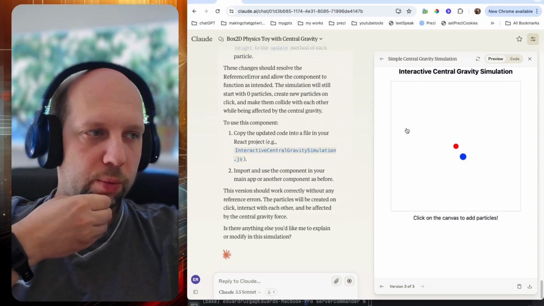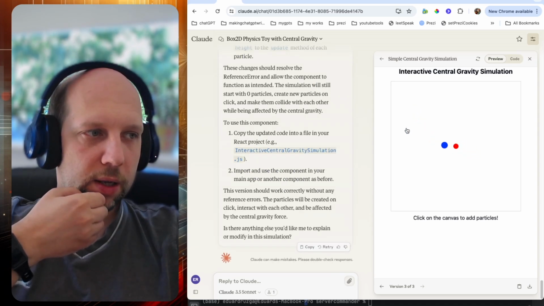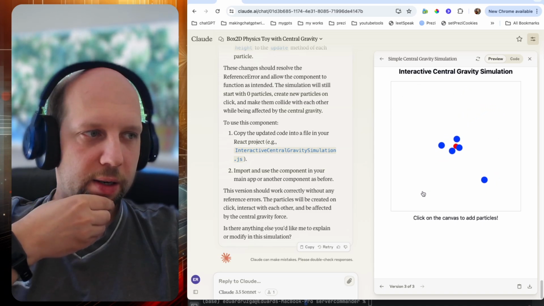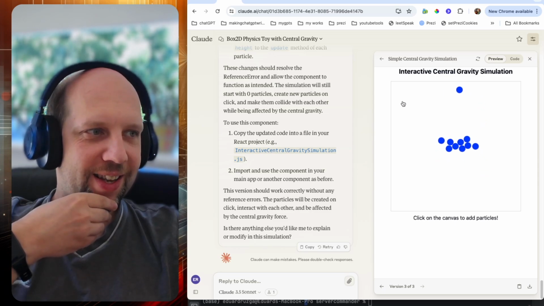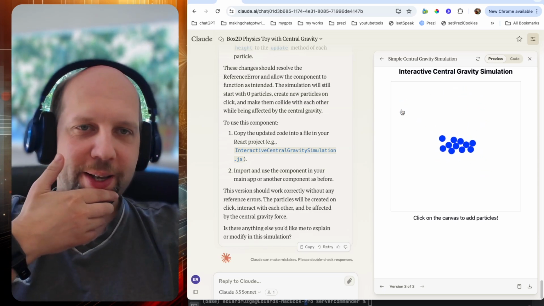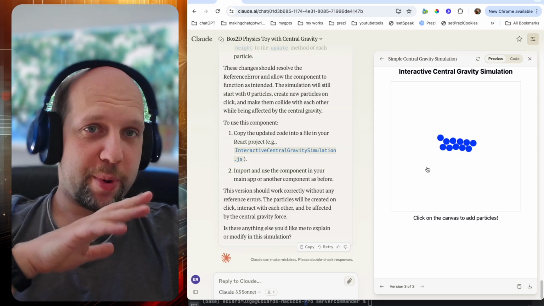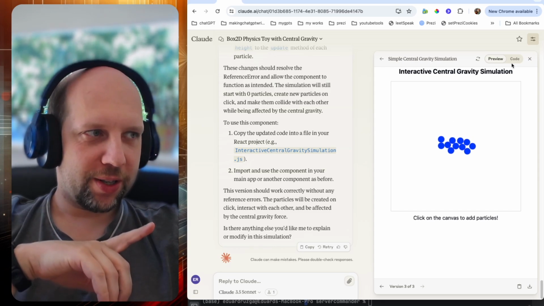Oh, yay, it works. Yay, ding, ding, ding. Now this is fun. When I was learning programming, I was playing a lot with this kind of things. I don't know about you, I really enjoy physics simulations like this. Let's restart